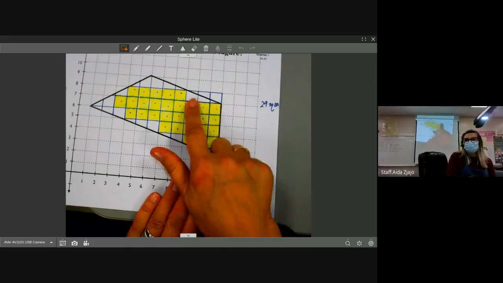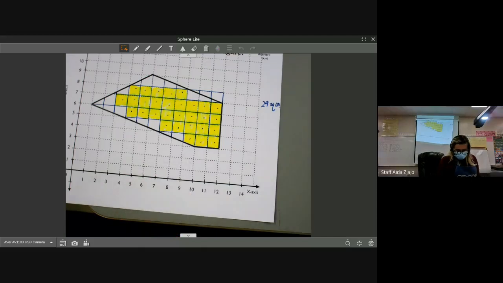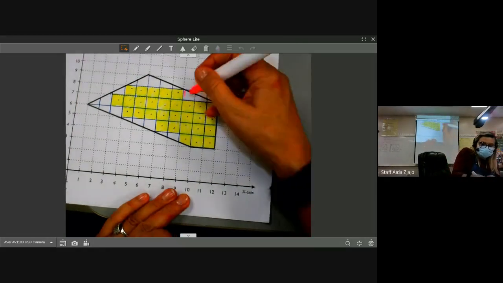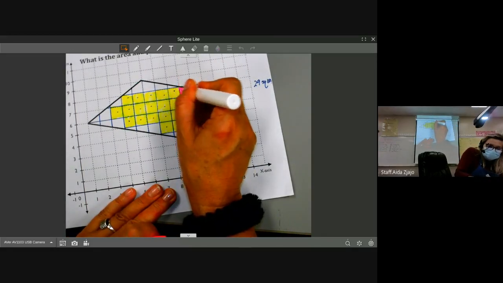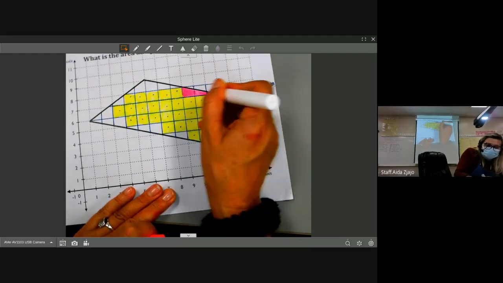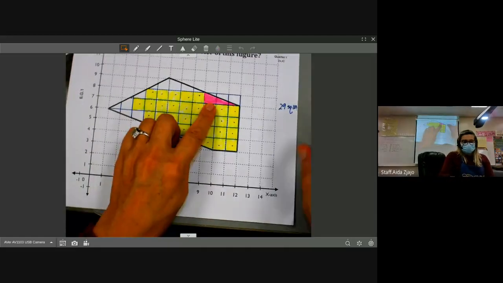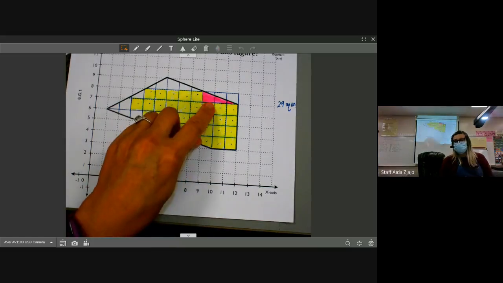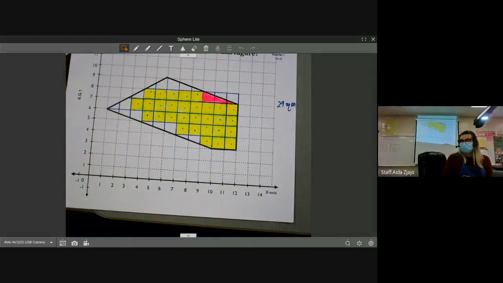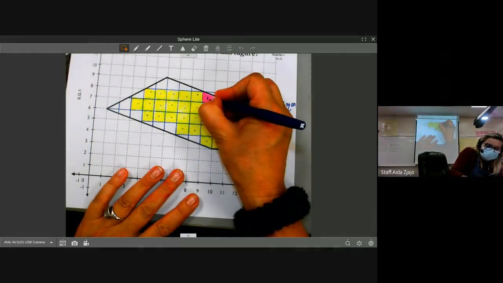Okay, so I don't need the whole rectangle, I need only this part that is my triangle. So how can I say what the value of my triangle is? What is the area of this part? If the whole rectangle is 3, what is this pink triangle? 1, 2, 3. So a half of 3 is my pink triangle. What is it? 1.5. Bravo. So you get the point. 1.5 is